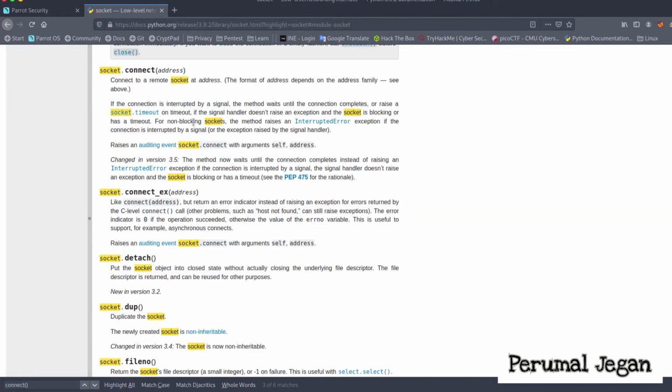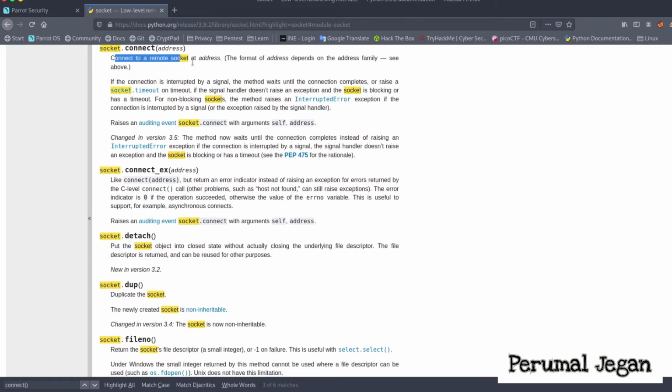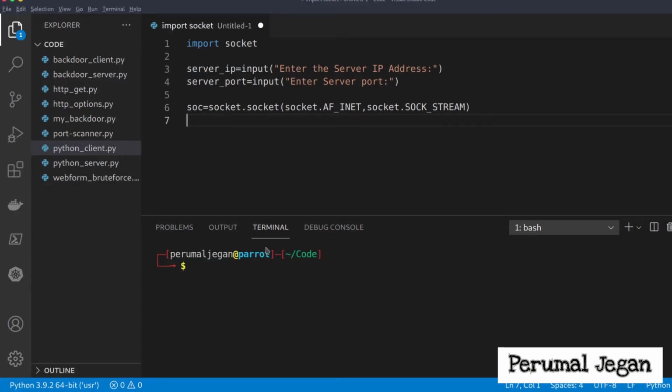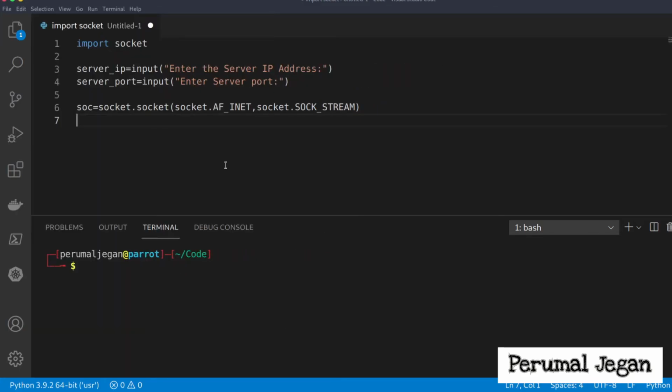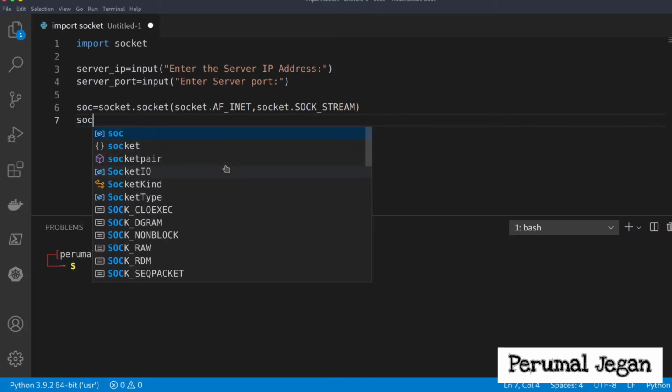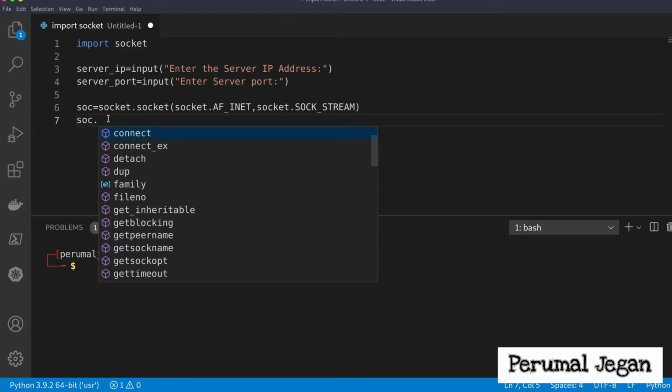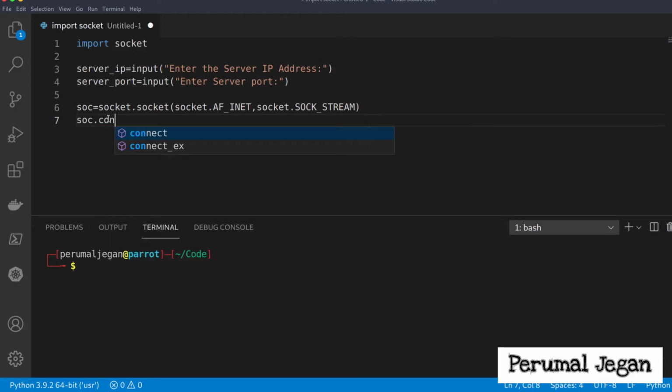Hope you can see here, connect to a remote socket at address. So this is what we are going to use. Now let's use the same here, and for that let's call our socket. Our socket name is soc. After that, I'm calling the connect function.